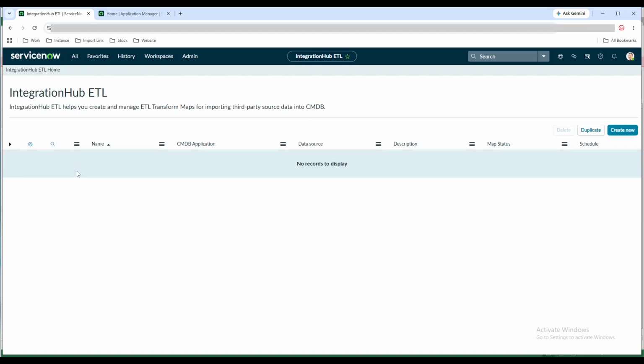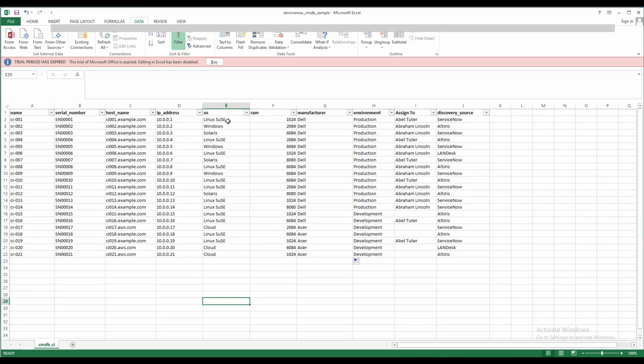So let's see how we are going to insert the data. You can see that we have a Linux server, Linux SUSE, Windows, Solaris, then we have a cloud. So there are multiple types of operating systems. Based on this operating system, we are going to insert the data to our CMDB CI table. We'll classify the data, and then we will make sure that our IRE engine, identification and reconciliation engine, also works during this